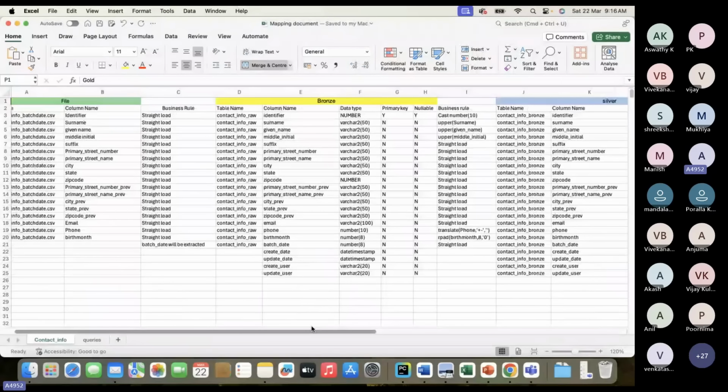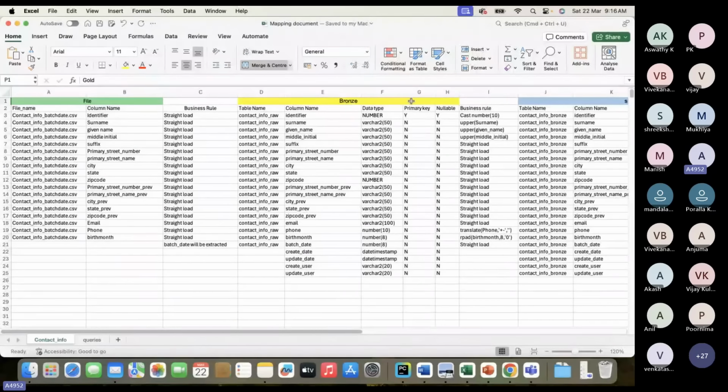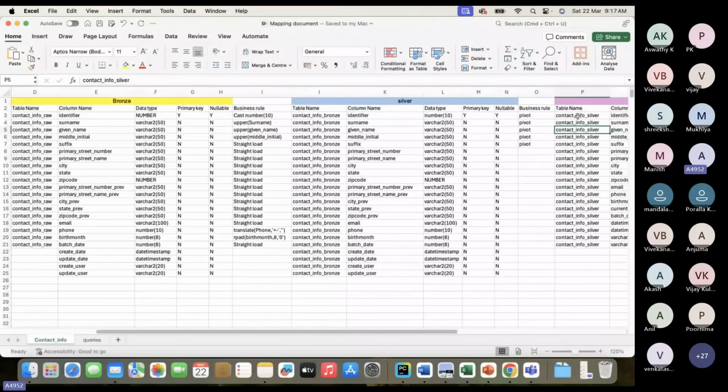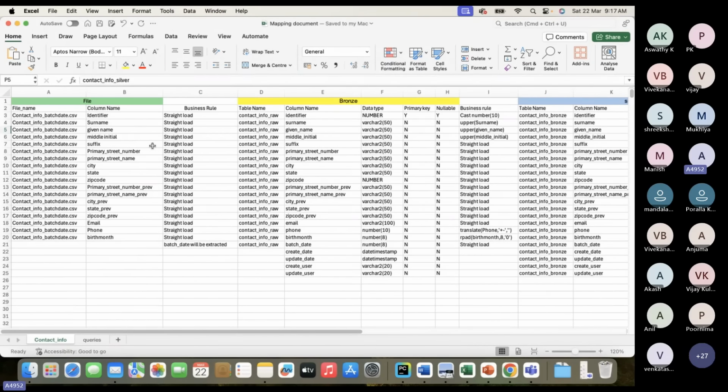This naming convention will change from project to project and architecture to architecture, but I have taken some generic names. When we process the data, the file data will be loaded to bronze, then bronze data will be loaded to silver by applying some transformations, which you can see here, and then data will be moved from silver to gold by applying some other transformations. If this is the scenario, currently the source is a file, that is a CSV file.